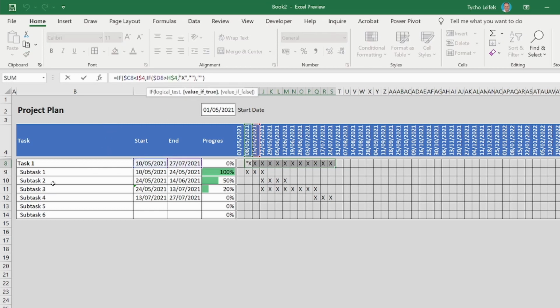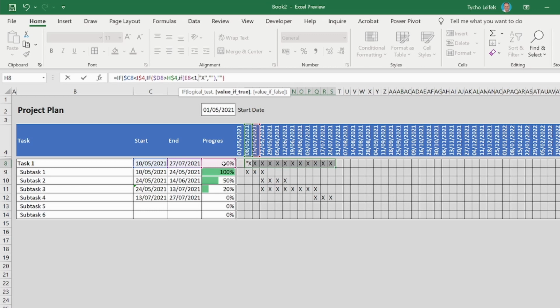So again, instead of just having an X everywhere, I'm going to exchange this X again with an if clause. So if the progress is smaller than 1, that's equal to 100%,